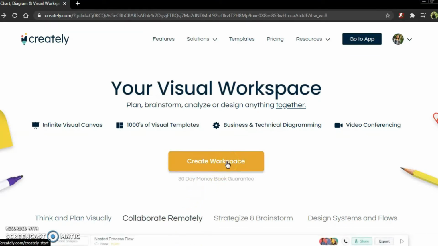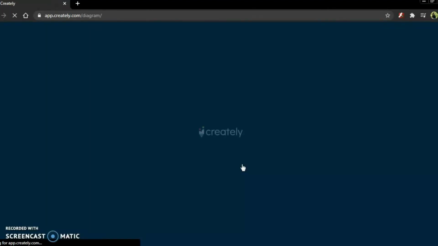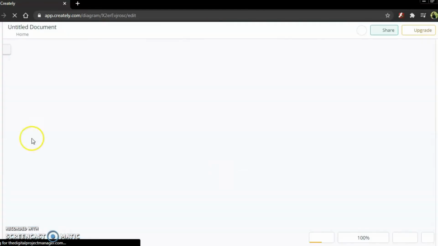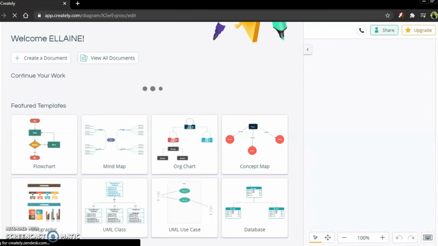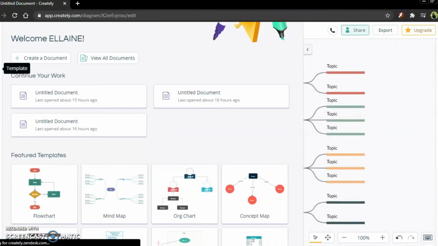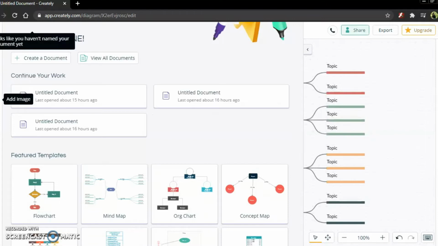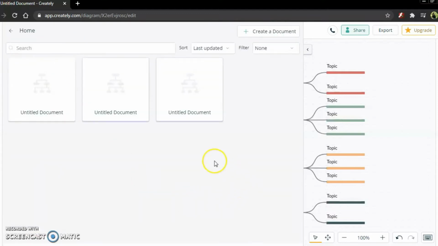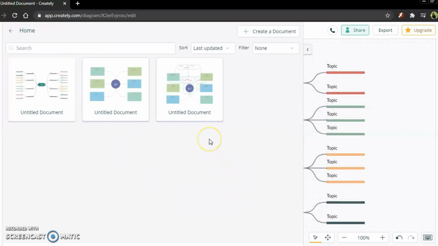As you click the Create Workspace, it will lead you to the dashboard. So this dashboard contains the folder, the template, the shapes, the add image, and the Google search. So as we click the folder, it consists of the documents that you're currently doing and the documents that you've